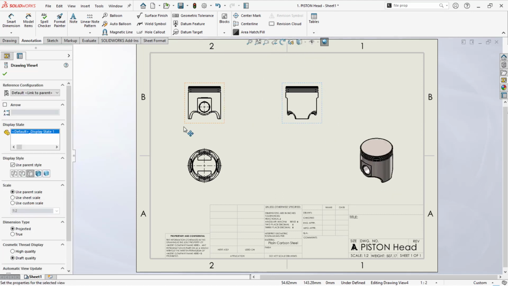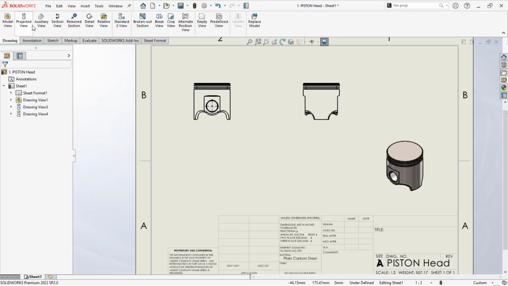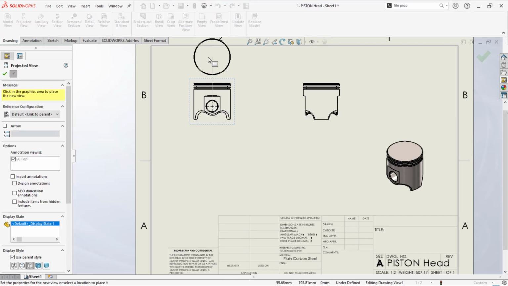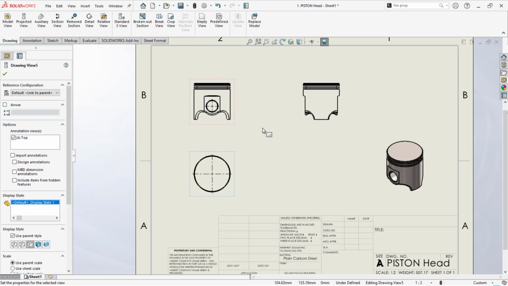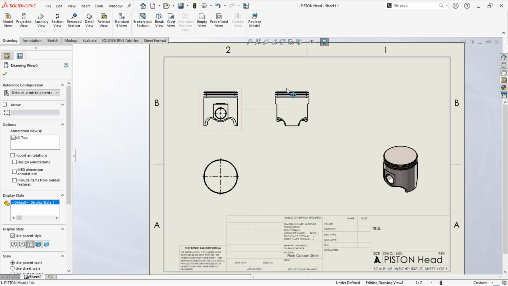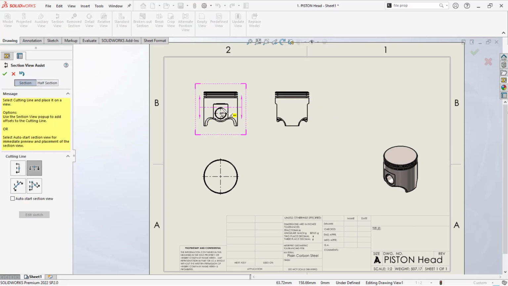You can just change the appearance here. This is the bottom view. I'll just delete that. I'll use the projected view, drag it up. Here the top view, simply drag and drop it here. Okay, so now